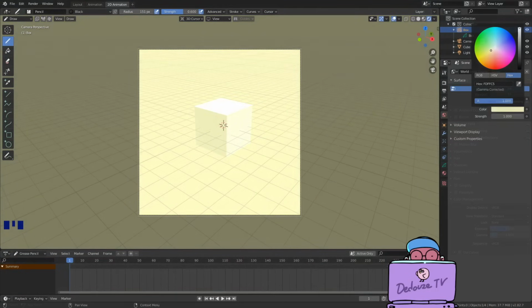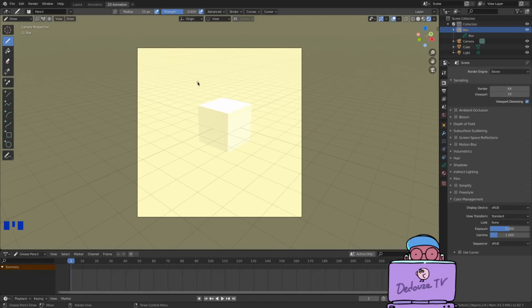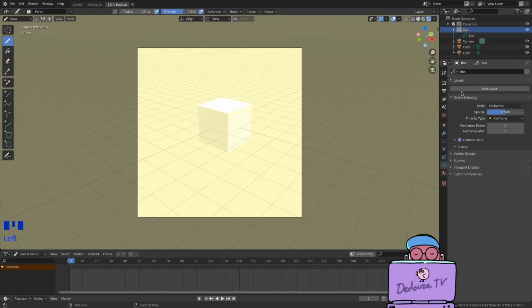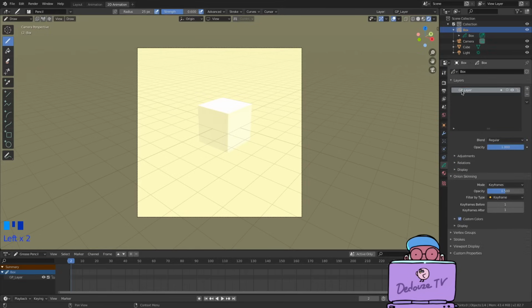Let's make little doodles now to get familiar with the tool. So here we are in the grease pencil object, okay? We are in draw mode. We go in this panel here that looks like a green spaghetti, and here you can create the layers of your drawing. So click on new layer and double click on the new layer to rename it.